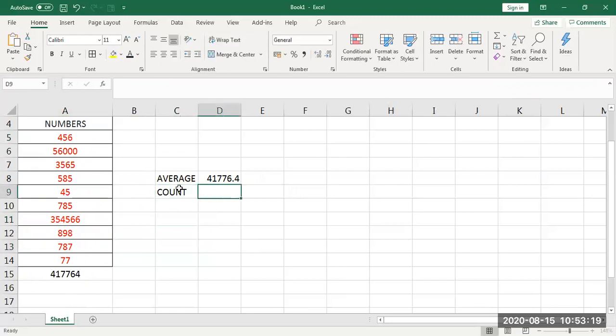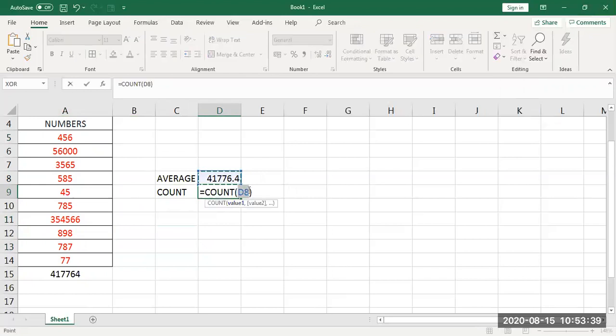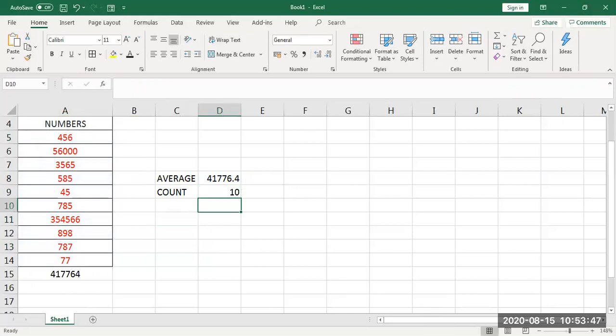So I'm giving count. Once again I repeat, whenever you want to apply a formula, show an empty cell. See, I can't show this cell only. Already I have typed a heading called count. So show an empty cell where you want the answer to be placed. Go, count numbers is there. By default it is selecting the previous number, but I want from this number to this number to count how many numbers are there, and press enter. It will show a count of 10.